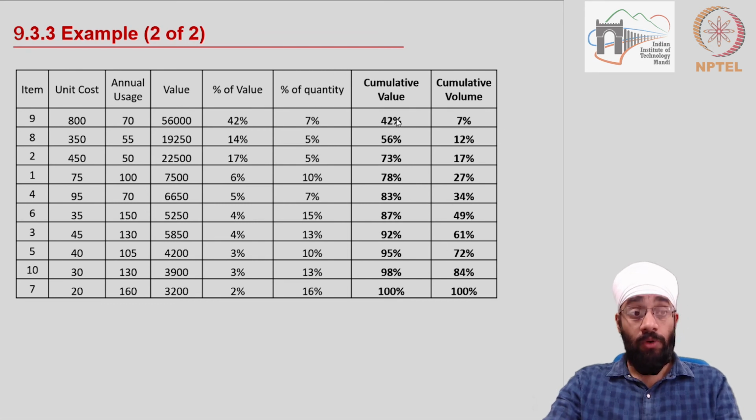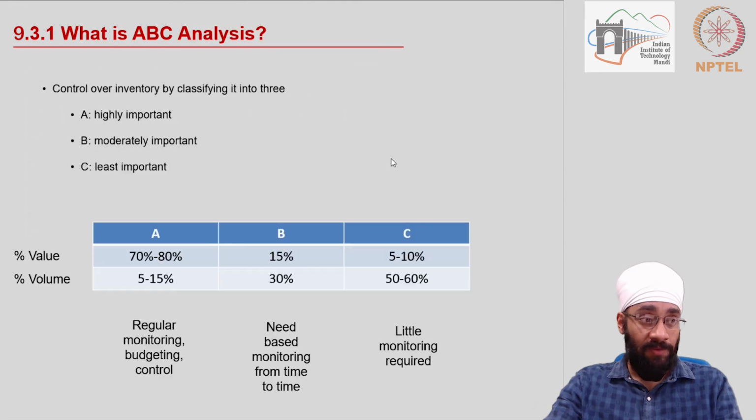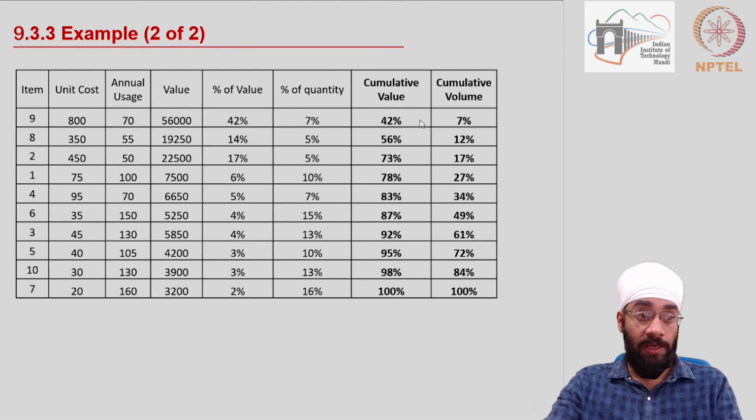columns. So the purpose of having this column here is to figure out which all items contribute to roughly 70% of the stock value, because that's our formula here, 70 to 80% of the value. So you see here you have 42%, 56, 73, 78. So about first 3 or 4 units, which is item number 9, 8, 2 and 4, these are contributing to about 70 to 80% of the